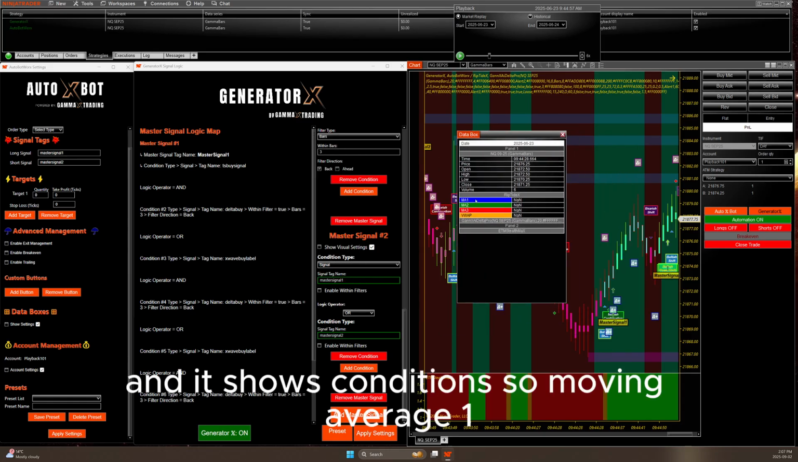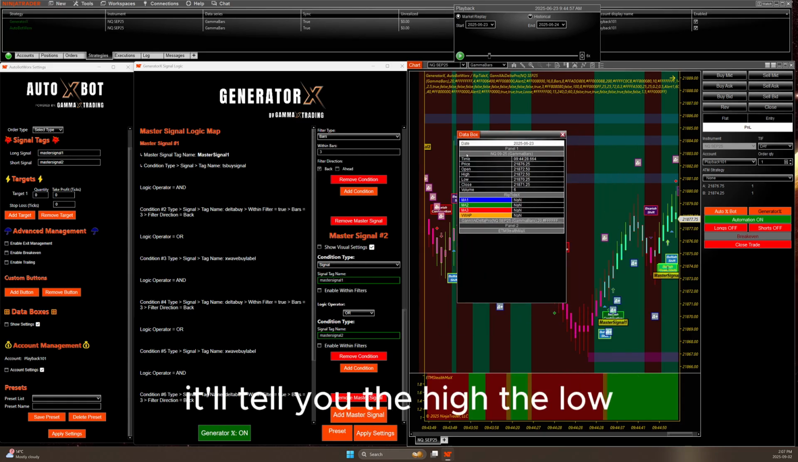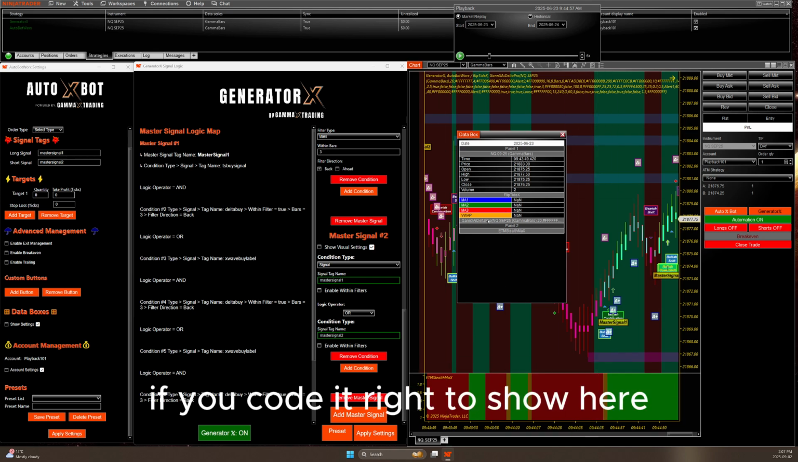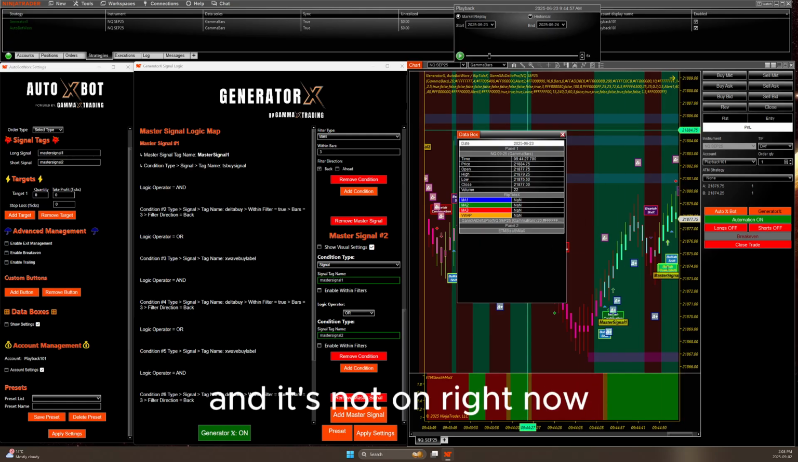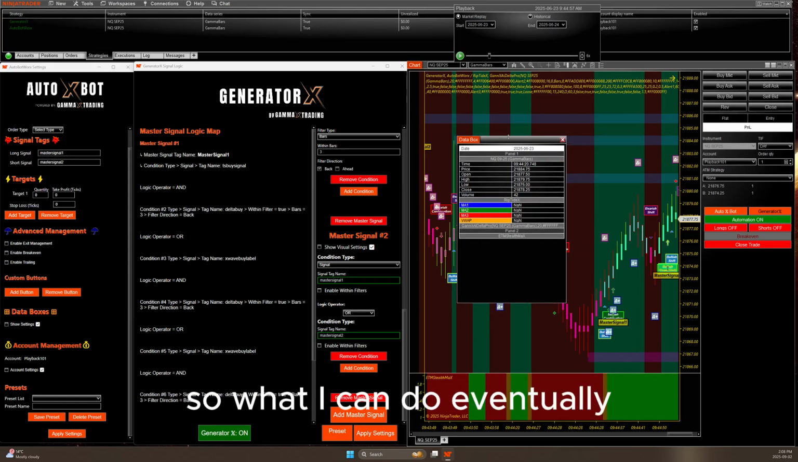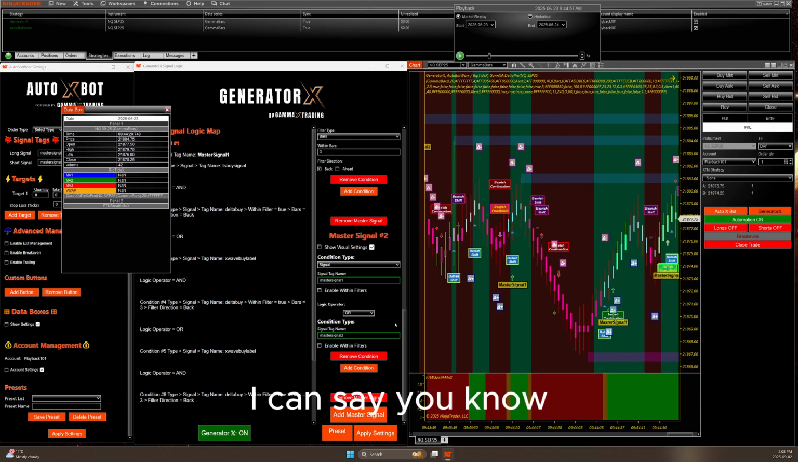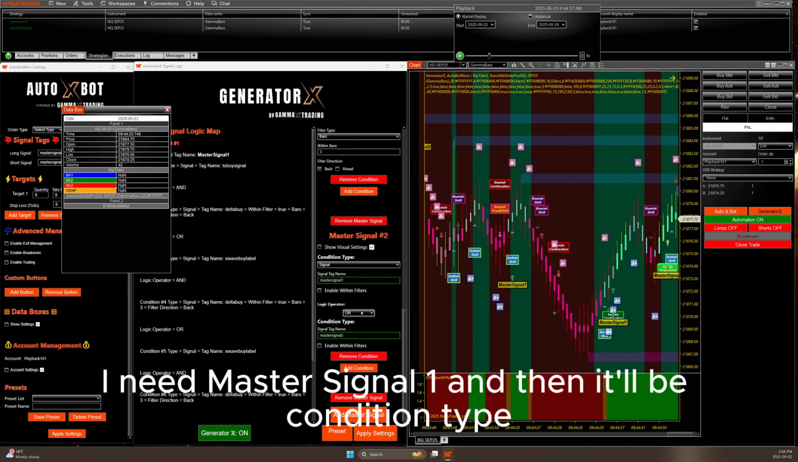And it shows conditions. So moving average 1, it'll tell you the high, the low. It tells you a bunch of data if you code it right to show here. It should show VWAP, but it's not on right now. But it'll tell you data here. So what I can do, eventually I can say, you know, I need master signal 1, and then it'll be